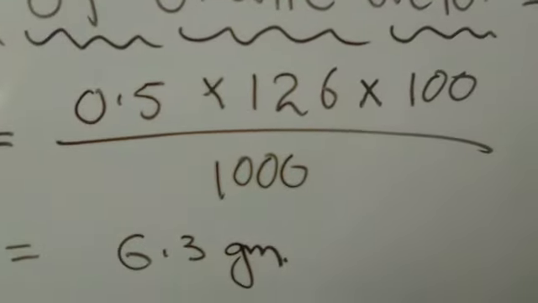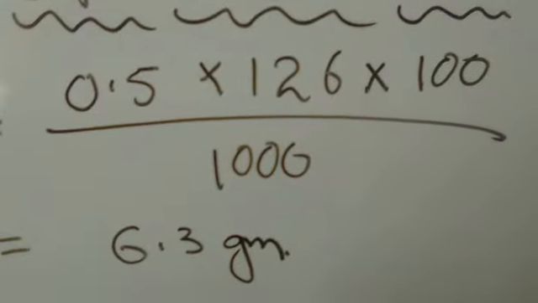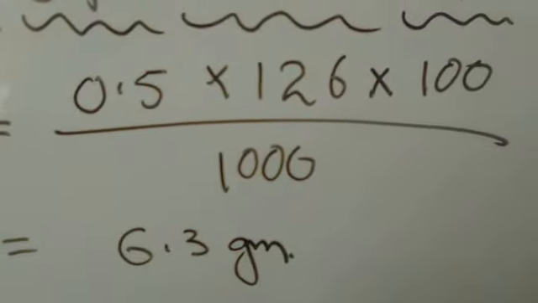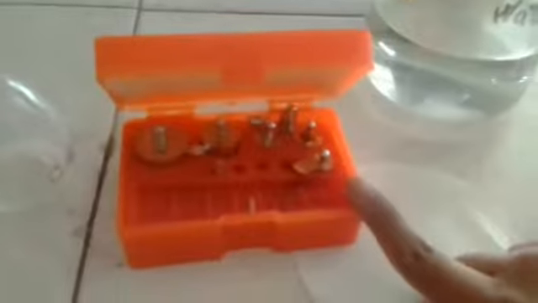0.5 multiplied by 126 multiplied by 100 divided by 1000. The answer becomes 6.3 grams. Now I am showing apparatus to you. This is a physical balance and this is a weight box and this is distilled water and this is a funnel, filter paper and oxalic acid,